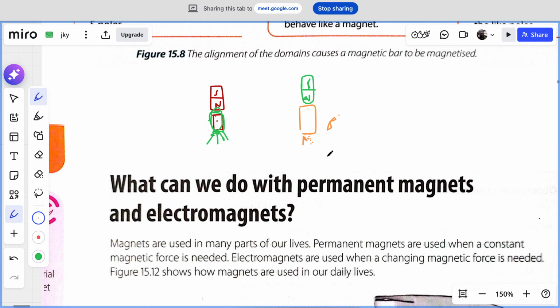Now, when you remove the magnetism, not all of them will fall off. Some will fall off, some will still remain, because steel is used for making permanent magnets. So because of that, we say steel is used for making permanent magnets. Is that okay? So, in conclusion, we say